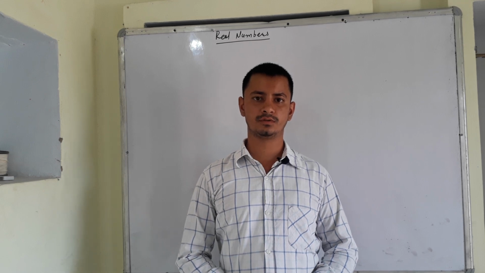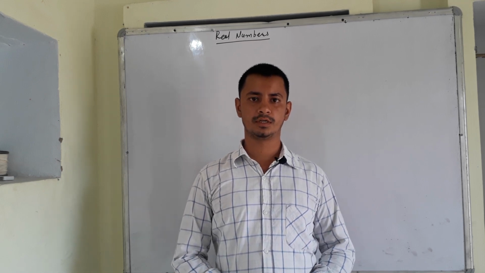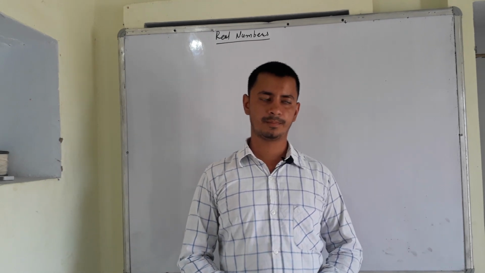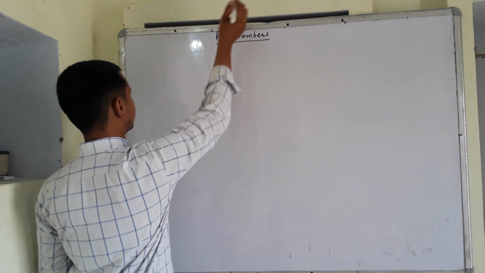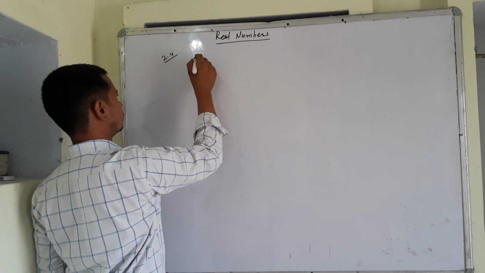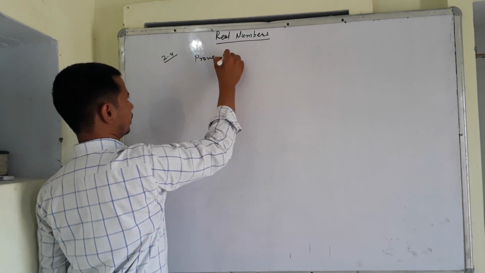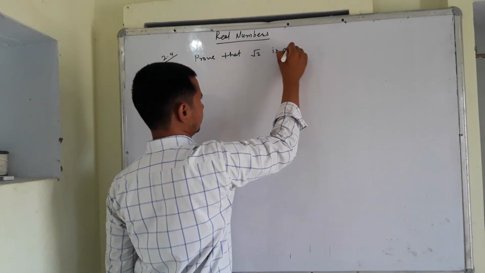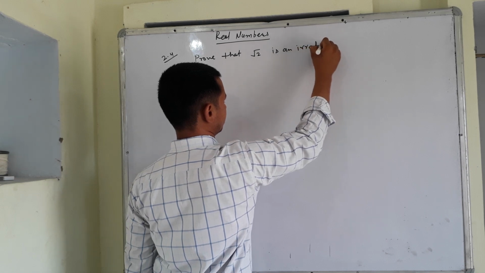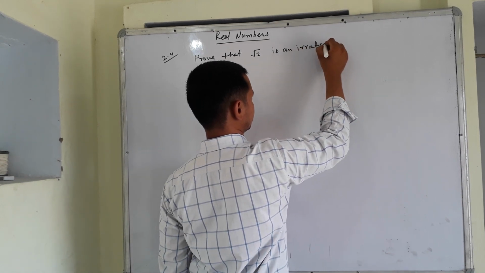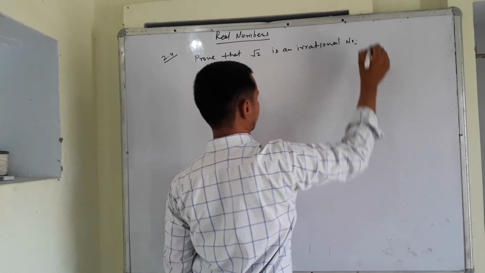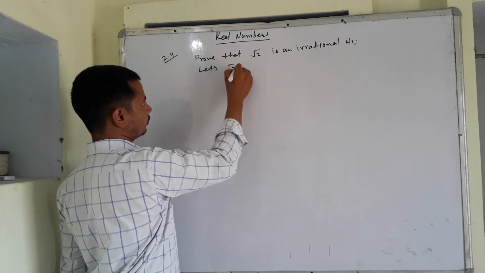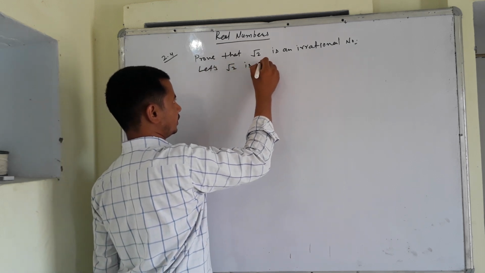So the first theorem is 2.4, and the theorem is: prove that square root of 2 is an irrational number. Okay, theorem 2.4 is: prove that square root 2 is an irrational number. Okay, so let's assume square root 2 is a rational number,